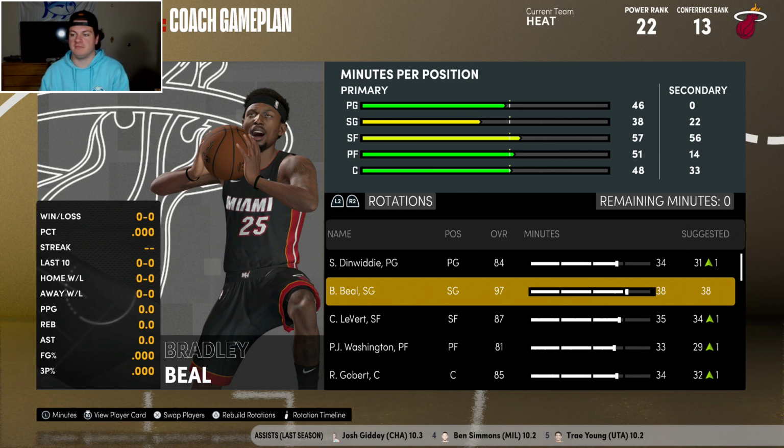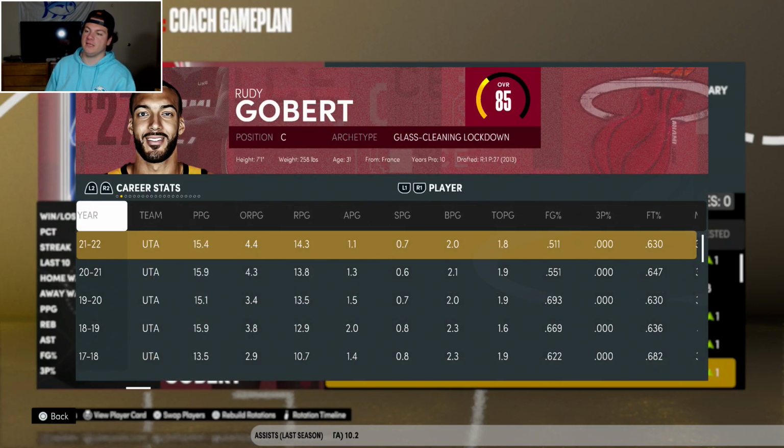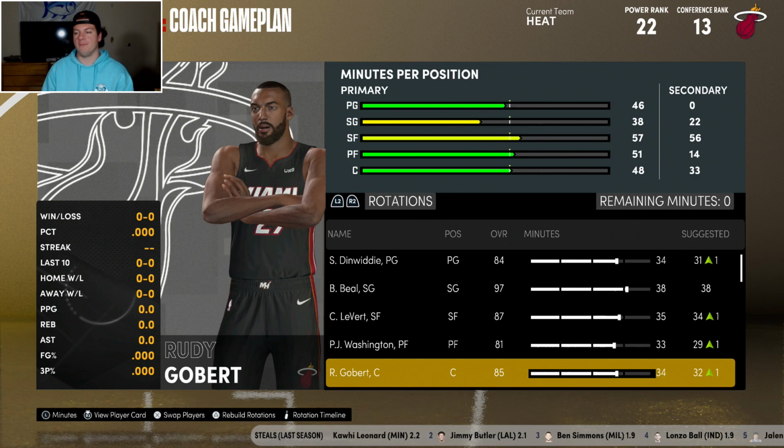I really don't. It's like nobody else is even really progressing. P.J. Washington's been an 81 the entire video. Rudy Gobert went down 2 overalls. If he can put up 15.5 and 14 or just something in that neighborhood, I am very, very happy. I really am. So maybe we lost a little offense there with losing Christian Wood, but we obviously gained a